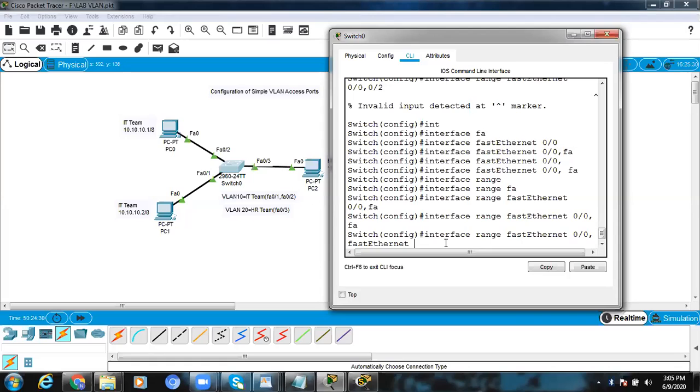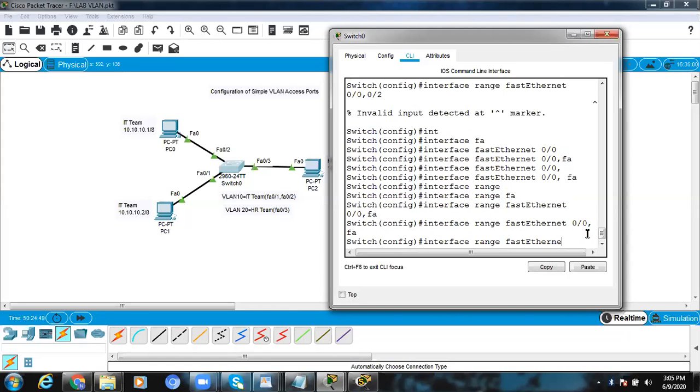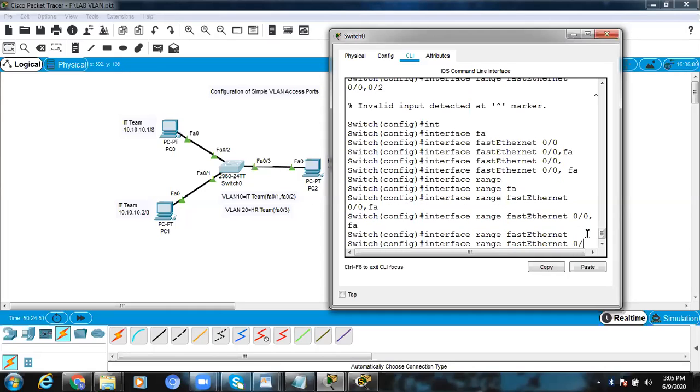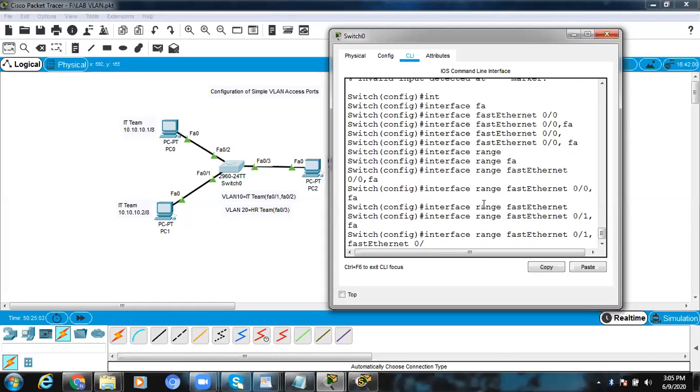So I give interface range fast Ethernet 0/0, comma fast Ethernet 0/2. So it takes the range of the interfaces. So here we have 0/1, not 0/0. So let's give 0/1, and this is 0/2. So give it as fast Ethernet 0/2,